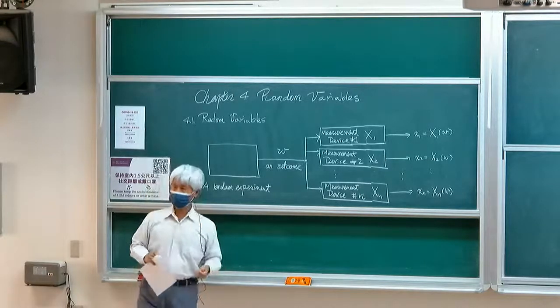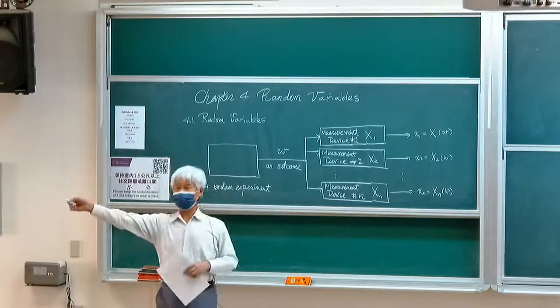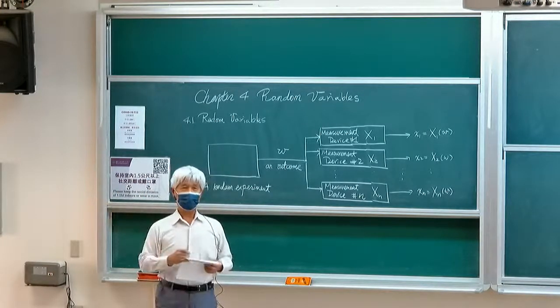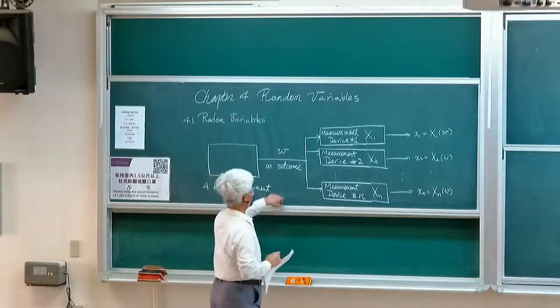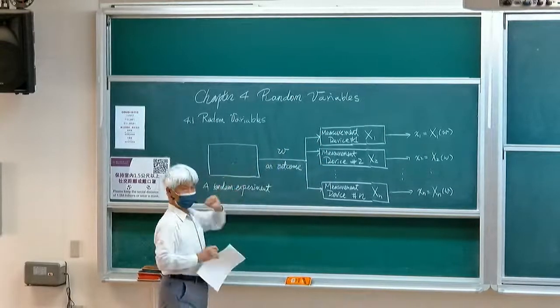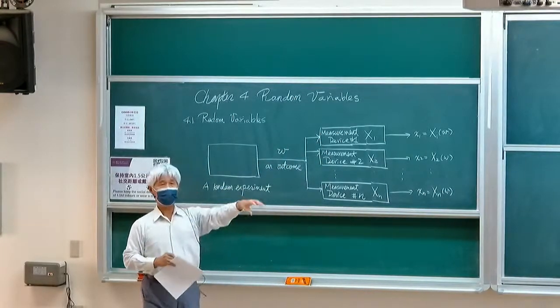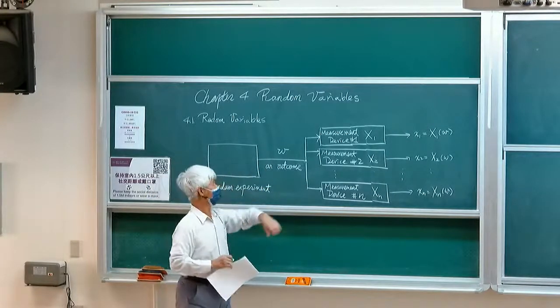So the reporter will come to the campus and randomly select a student, and ask some questions. You can think about the reporter drawing a student, interviewing this student and asking us